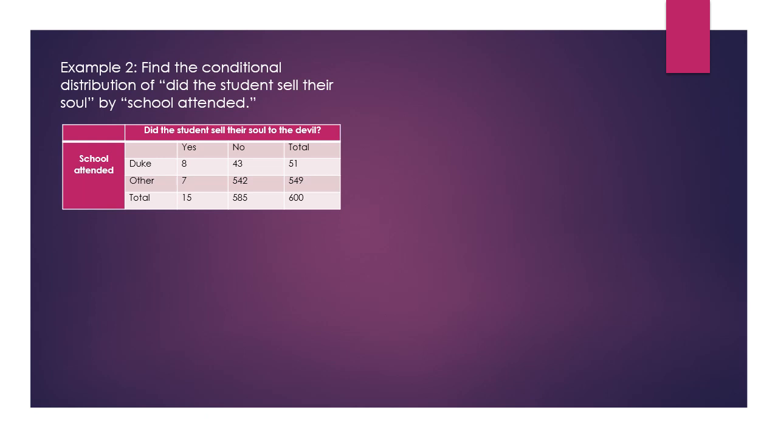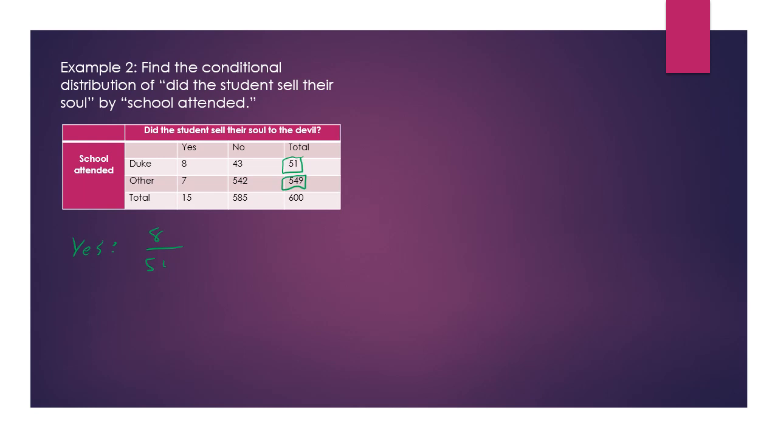Okay, I hope that you looked at this and you said, what we're going to hold fixed this time is the school attended. So these should be your denominators this time. And you should have two fractions involving each of those denominators. So among those who went to Duke, we're going to look at the yeses. And that is 8 out of 51